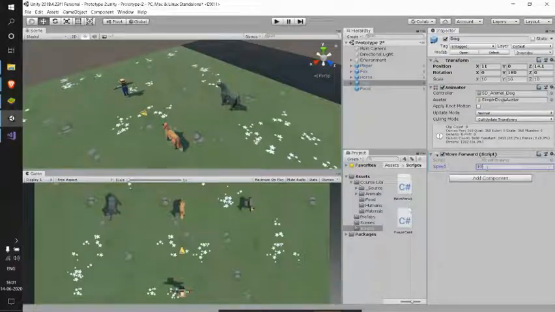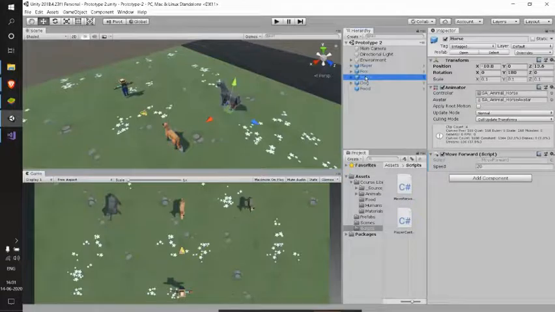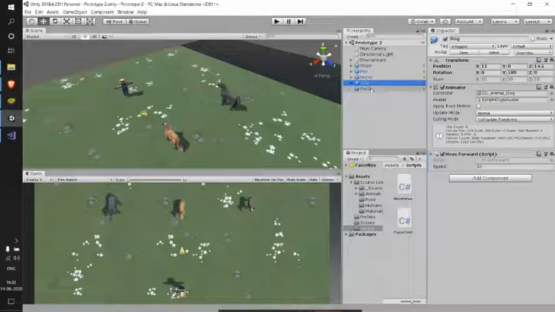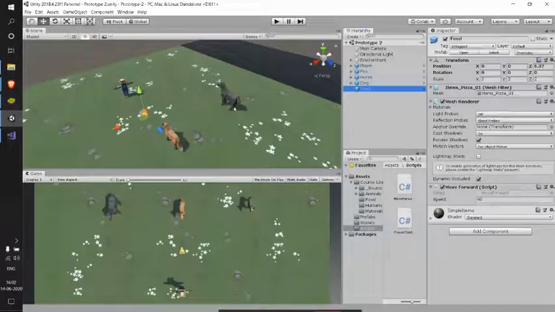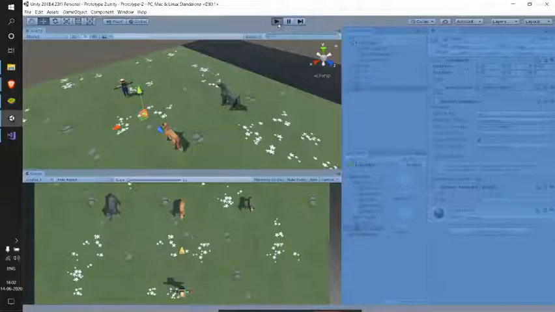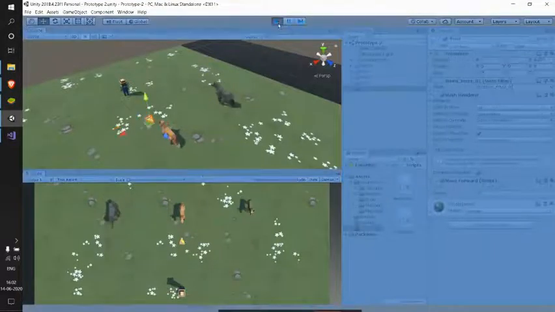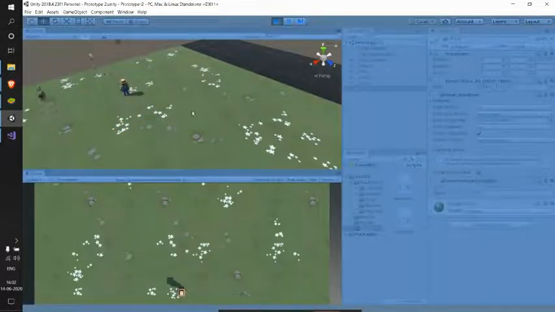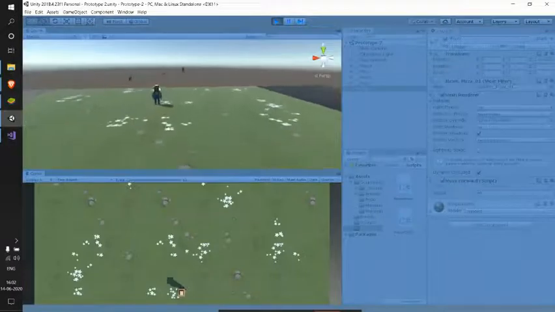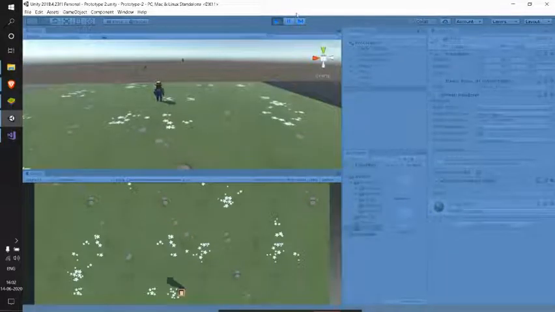See, with the same script, by using the speed variable as public, for the fox the speed is 15, for the horse the speed is 20, for the dog the speed is 10, and for the food the speed is 40. Let's hit play and see what happens. Let me pause this.